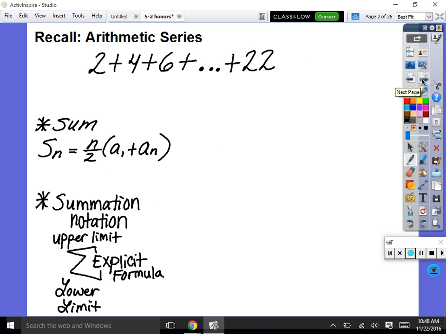Okay, so recall the difference between an arithmetic sequence and series. A sequence is just a sequence of numbers separated by commas. A series is addition, the sum of those things. So let's practice this so that we can remember how to do this, because we're going to be doing geometric today. So we're going to have to be looking at things the same. So if we have a finite arithmetic series, that means we know the start and end, we can sum them up. Correct, everybody? Start and end. All right, so this is A sub 1, and then this is A sub n. And we need to know, so here's the sum formula for a finite arithmetic series. We need to know n, which is the number of terms